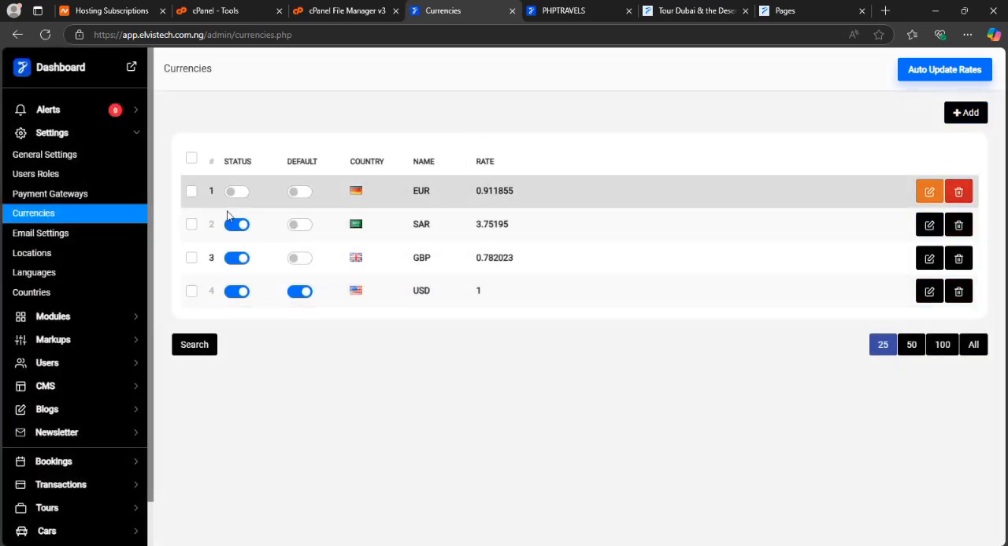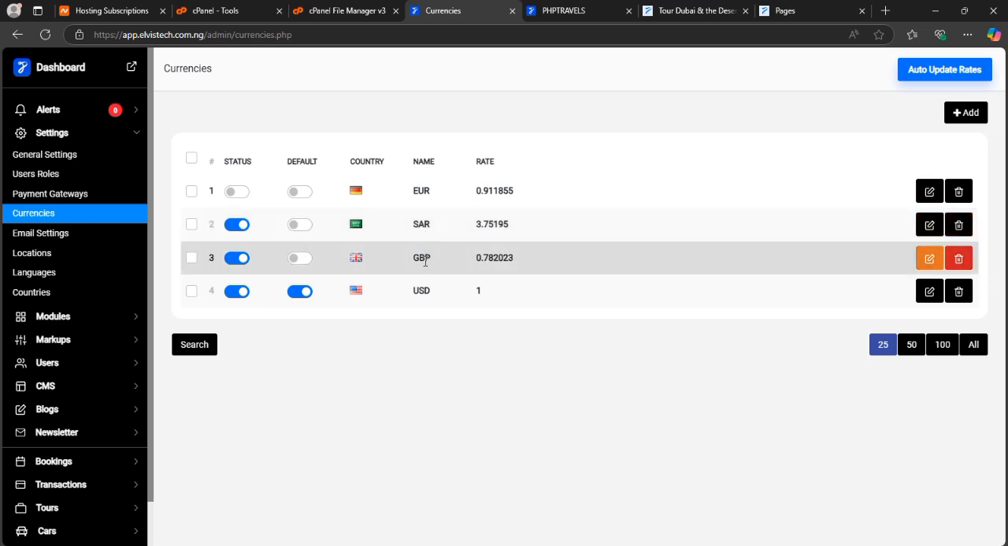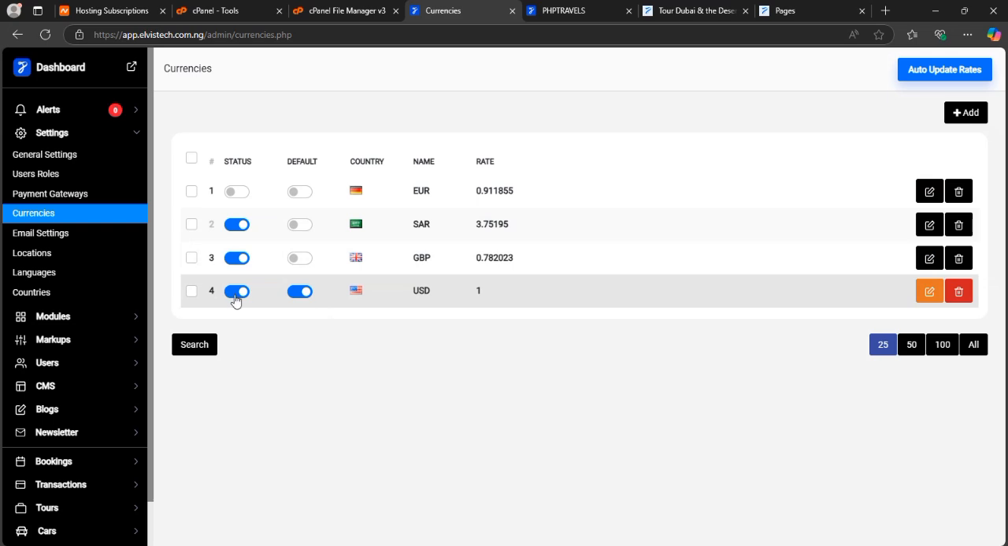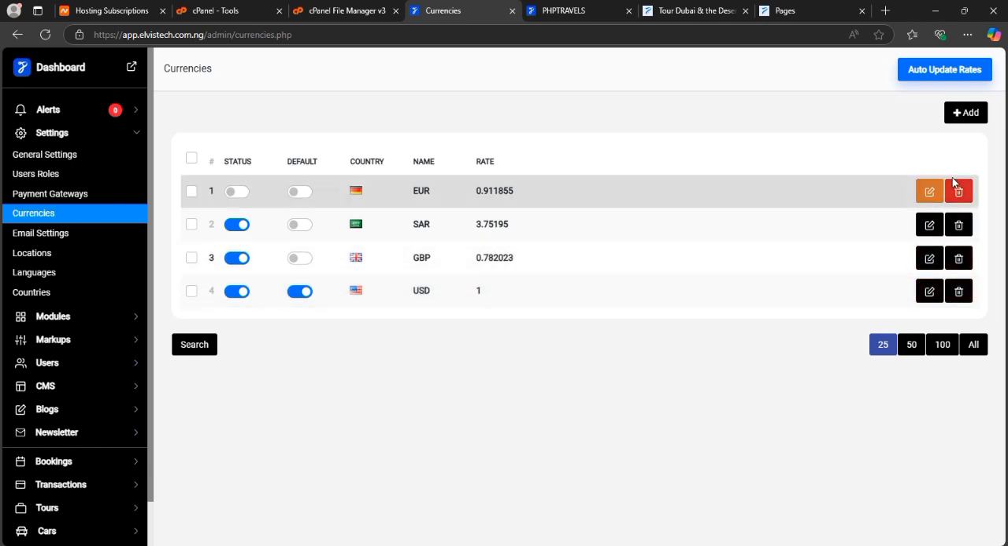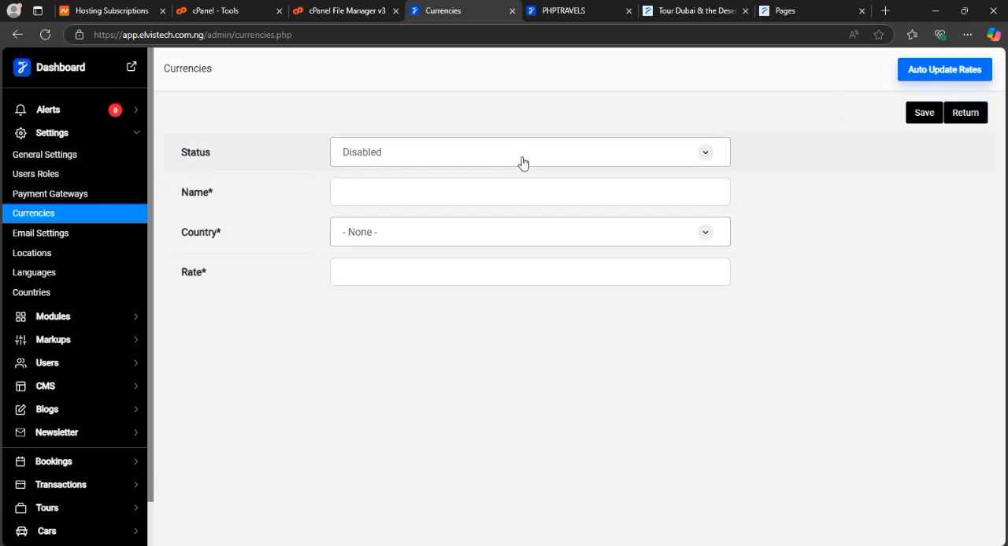Now if you want to add new currencies or edit, there are 4 currencies here. The euro, this is South African rand, then this is pound, this is USD. Now this USD is default, and that default is the general site-wide currency. So if you want to add another currency, let me click on add, then click this to enable it,